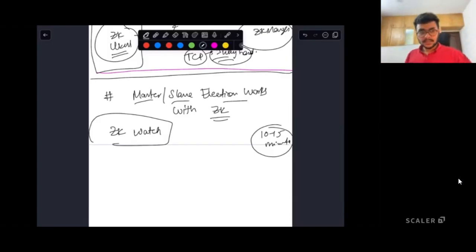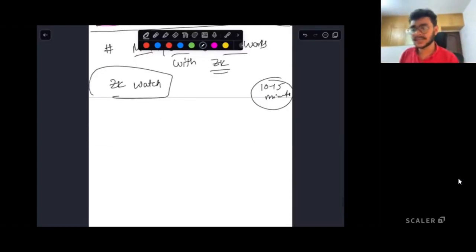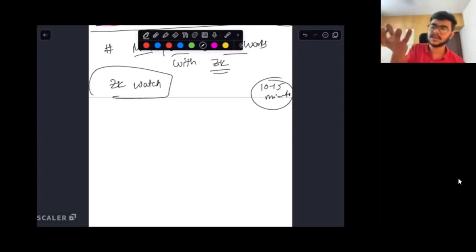Awesome. So now let's take a look at master slave election and how it works in Zookeeper. So far we have discussed just a question. There will be one manager for each Zookeeper client. Shri is asking: there will be one Zookeeper manager in every Zookeeper machine. It can serve requests from multiple Zookeeper clients. Need not be that way.